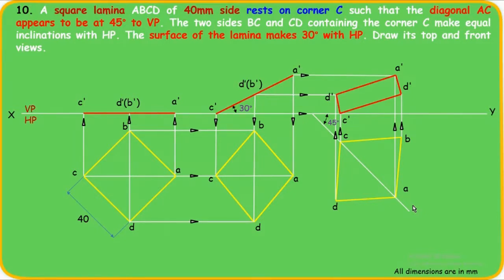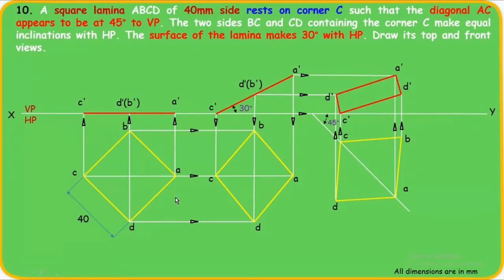There will be only a small change in both the questions. Because of that small change, what is the change in projection? We'll see that. We'll see both the locus method as well as the non-locus method problem today, on a square lamina. First we'll solve a non-locus problem, then we'll move on to the locus problem.